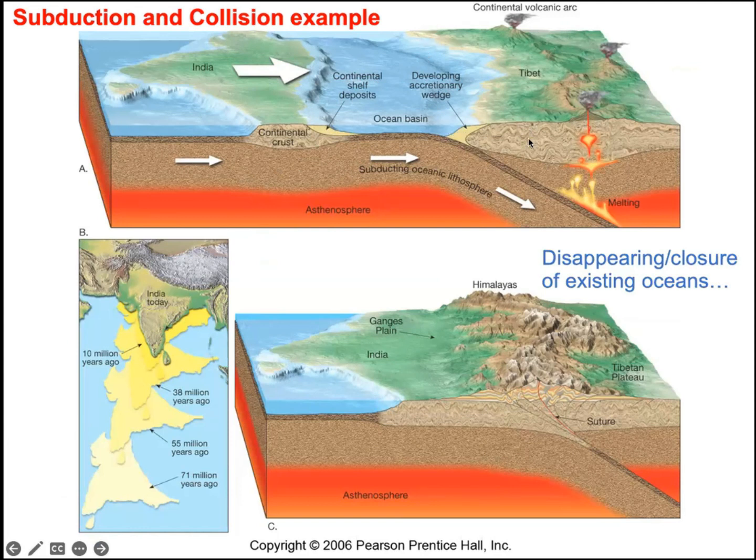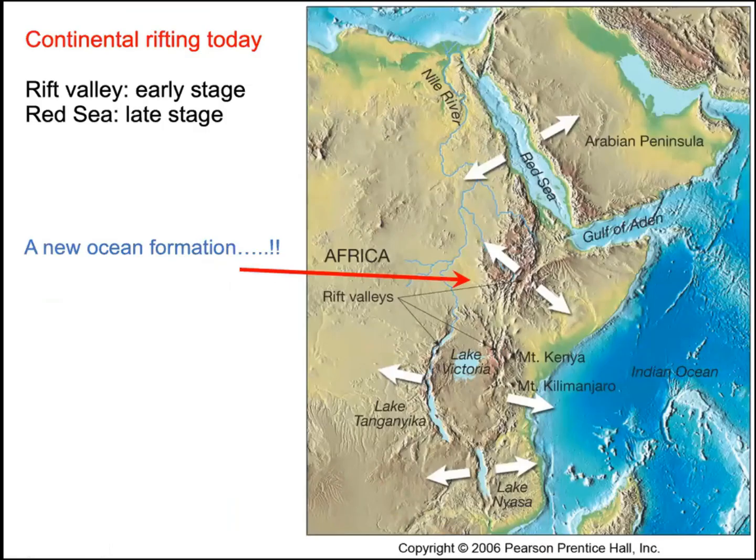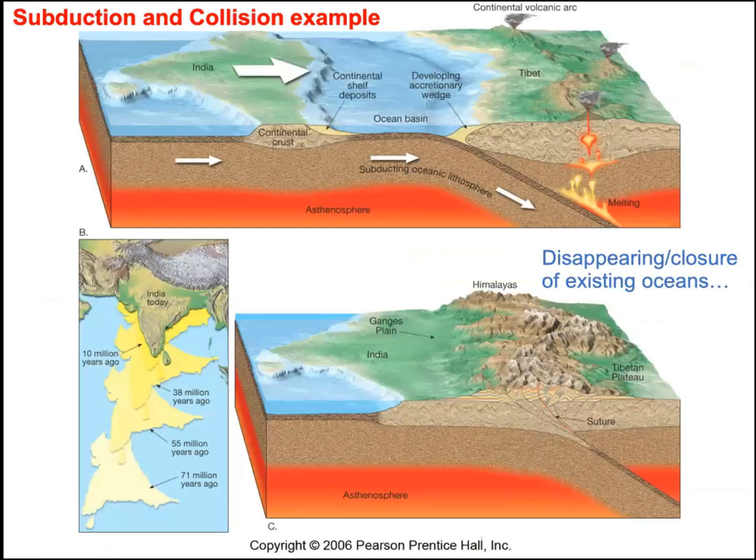and they collide and fix together. We call it a suture zone, formation of a suture, right? Because of the subduction, the ending of the subduction will be the forming of a bigger continental land mass, right? So here what has happened? Disappearing of oceans. So an already existing ocean like this will be disappearing, and we call it closure of ocean as well. So opening of oceans that we saw before in rifting zones, and closure of oceans happening in subduction zones is continuing in a cyclic manner,